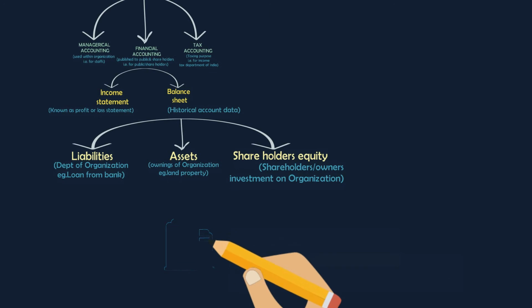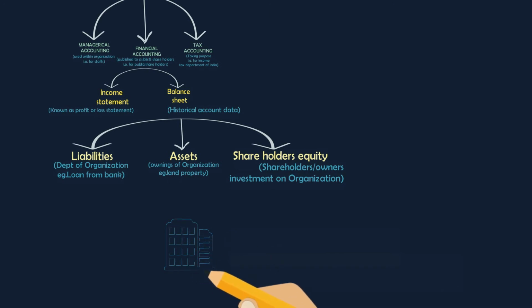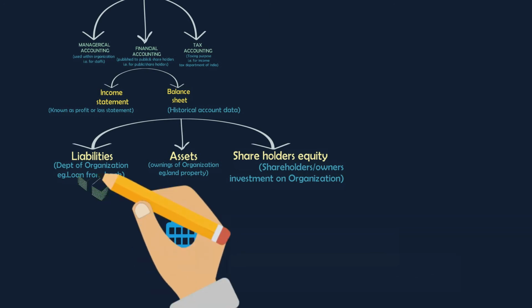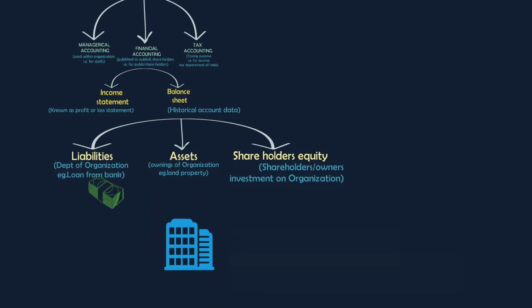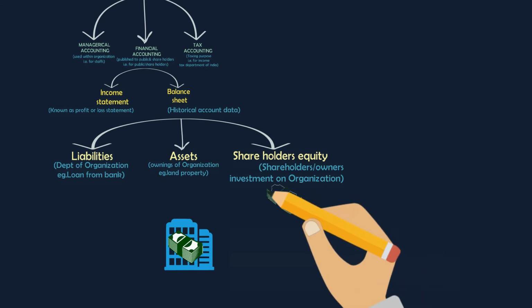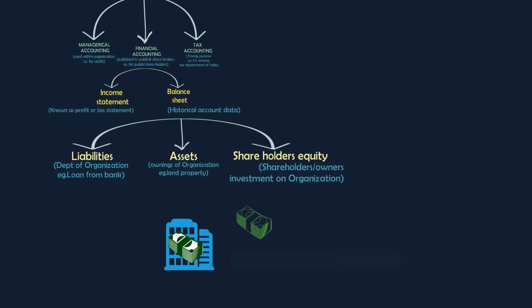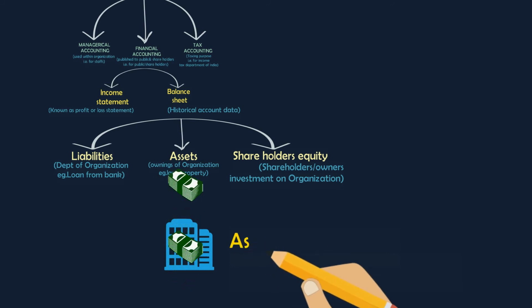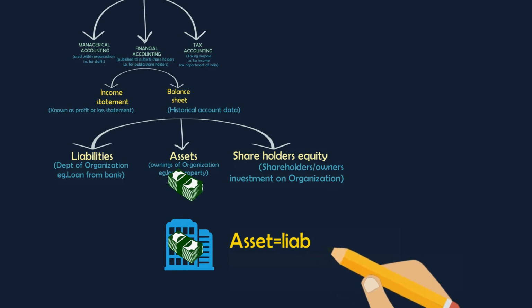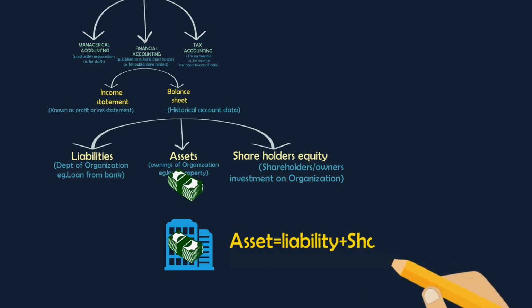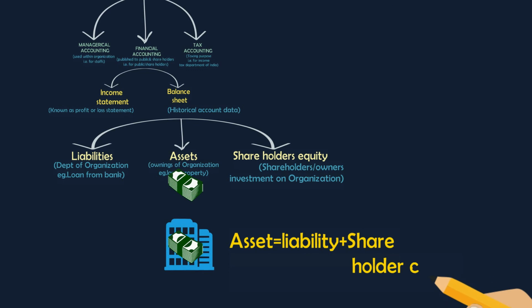So here we can easily understand these asset, liabilities and shareholders equity. Liability, it is given to the organization. Shareholders equity, it is given to the organization, which together forms asset, because there should be some source for the organization to buy something. So liabilities and shareholders equities give the money power to the organization so that they can buy assets.